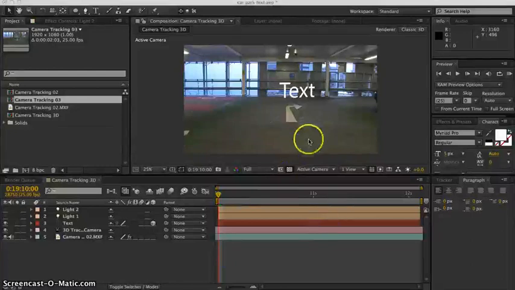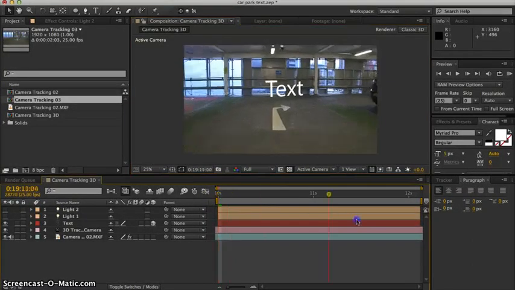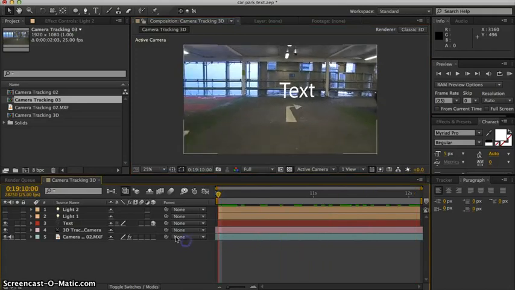Okay, so we're back with the text as we had it originally. It's just text that's using some of the tracking information on the wall. So that's what it looked like originally. In the previous exercise, we used a ramp to give it the look of light hitting it, and we used